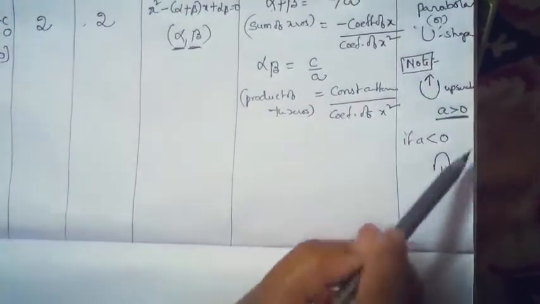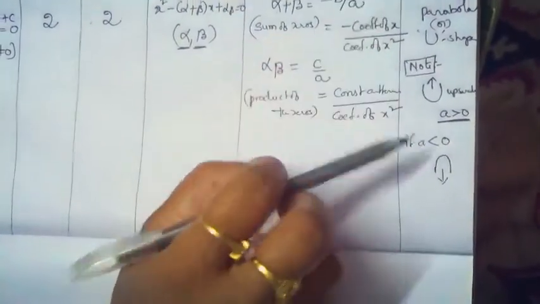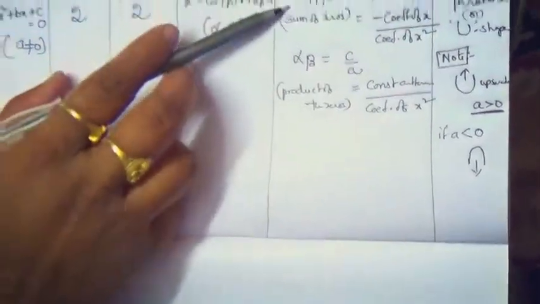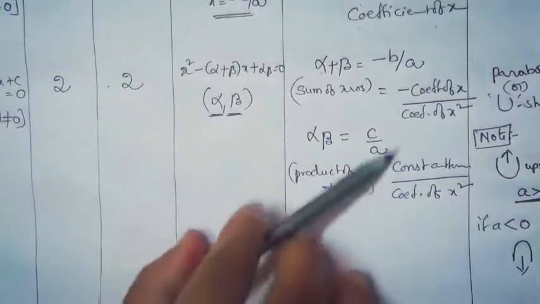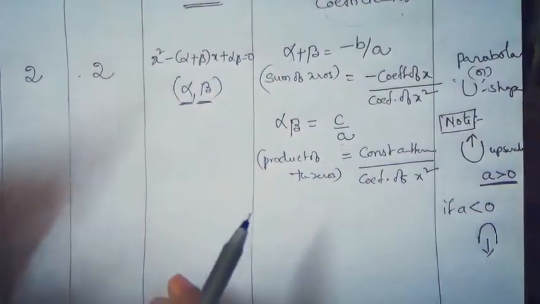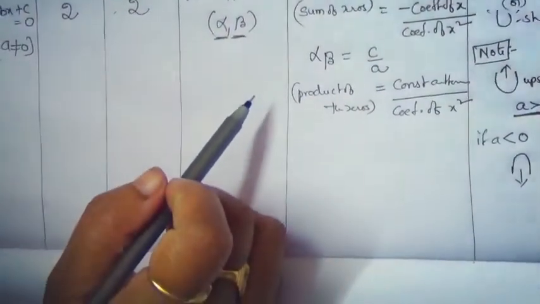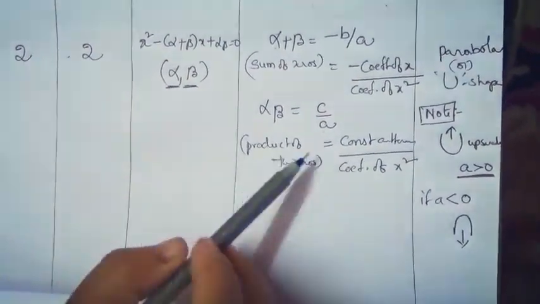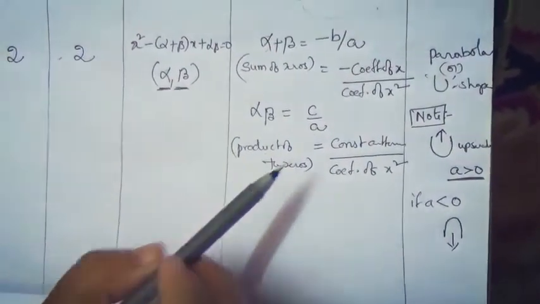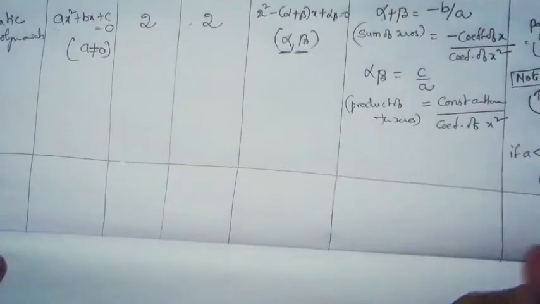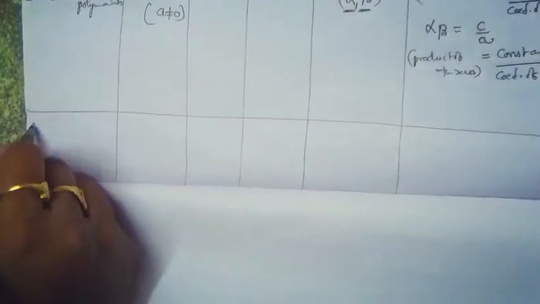We will check this graphical representation, that is U shape upwards, U shape downwards, also in the 3.2 exercise. And if you can't understand this alpha and beta in these sums, you will understand in a better way while doing the sums in 3.1 and 3.2. Don't worry. Alpha and beta are the zeros of the given polynomial for the quadratic equations. Just make the notes in a proper way first, then while doing the exercise sums you will understand better. Third one, that is cubic